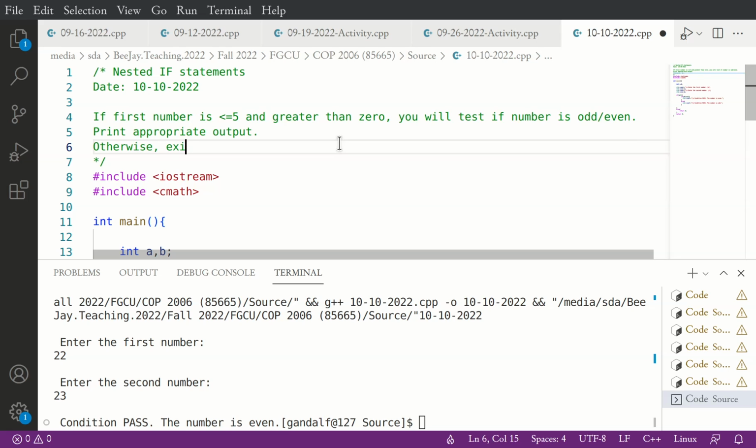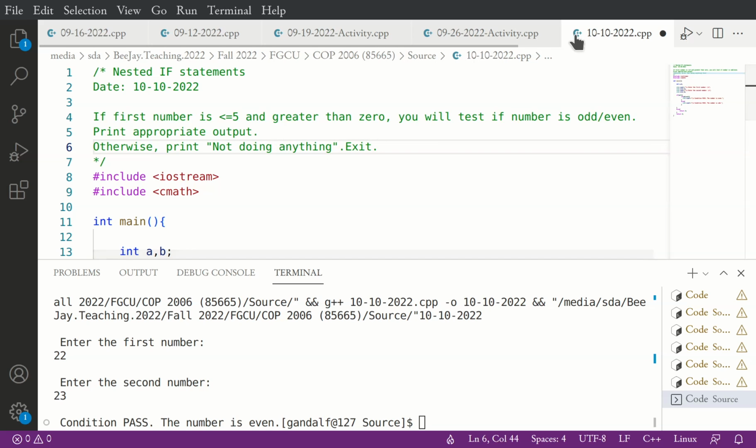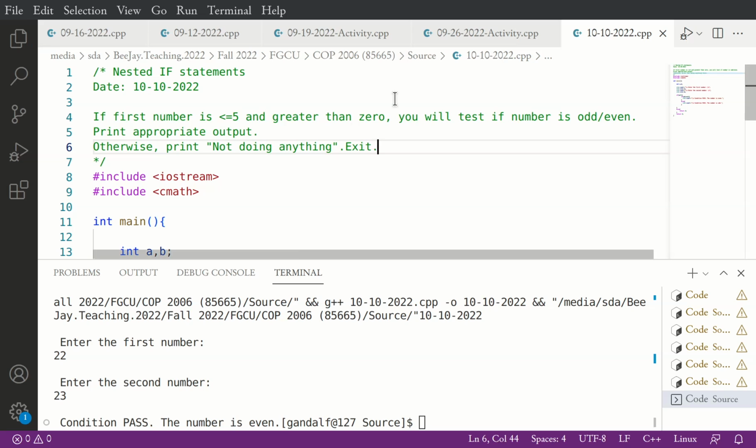Otherwise, you simply print not doing anything, exit. That is your short activity. Let's see if it can do it.